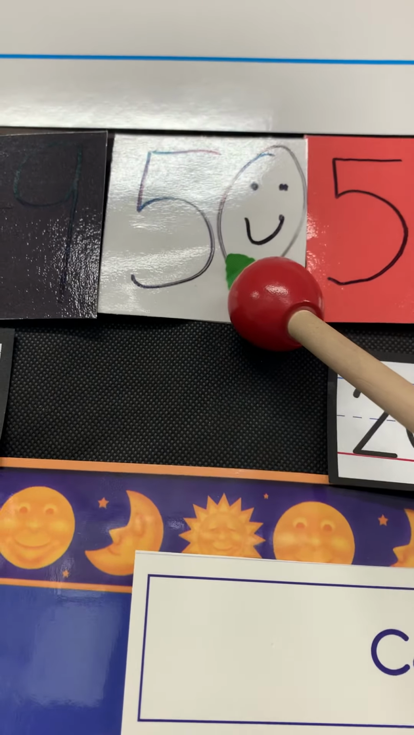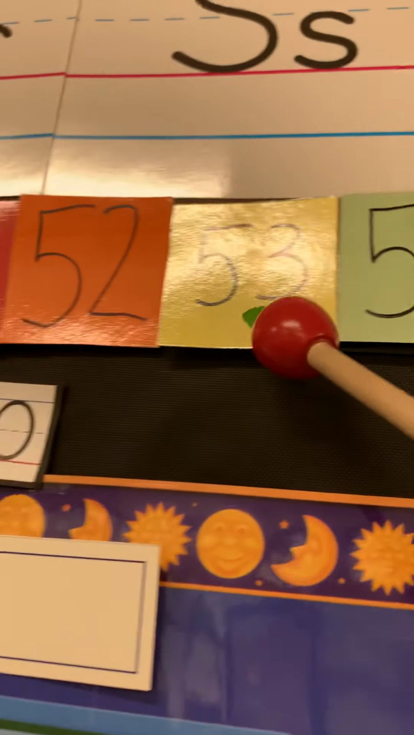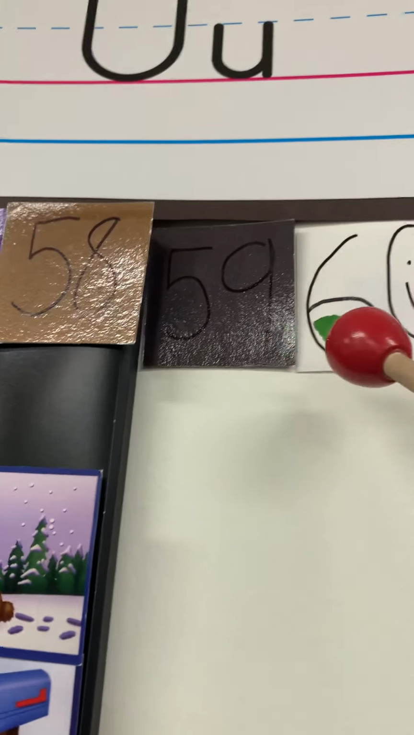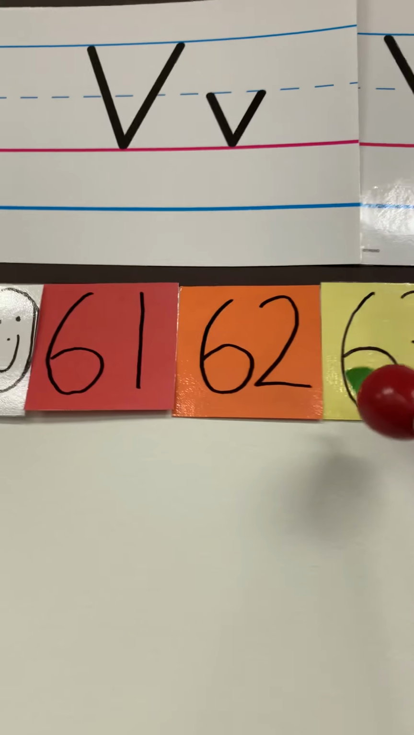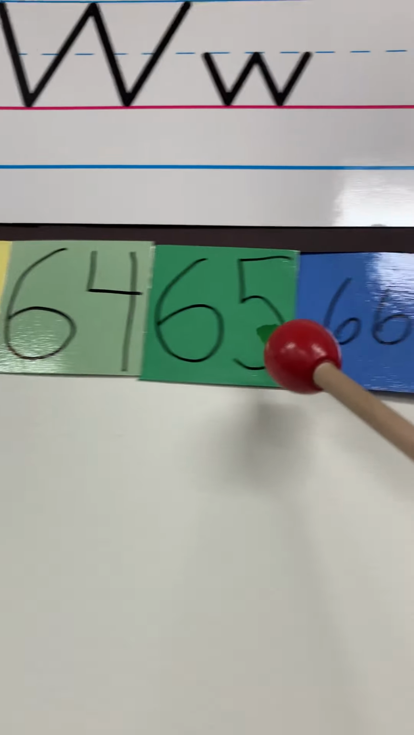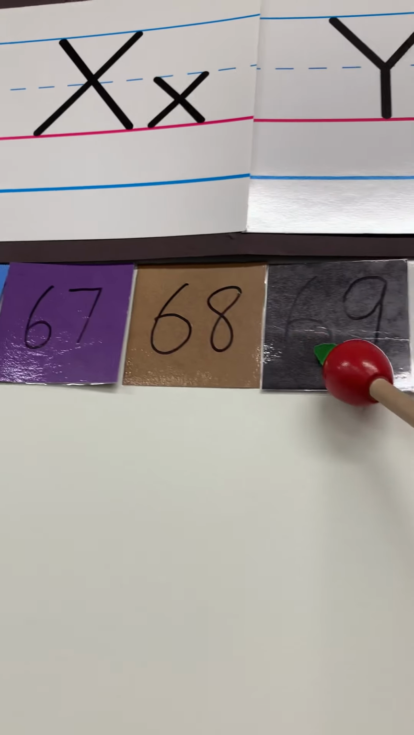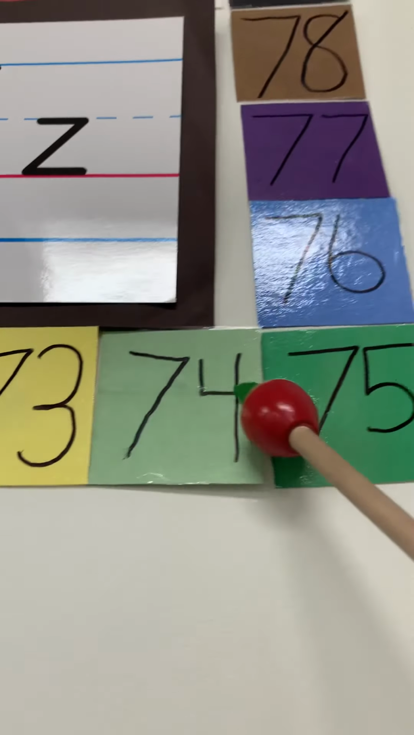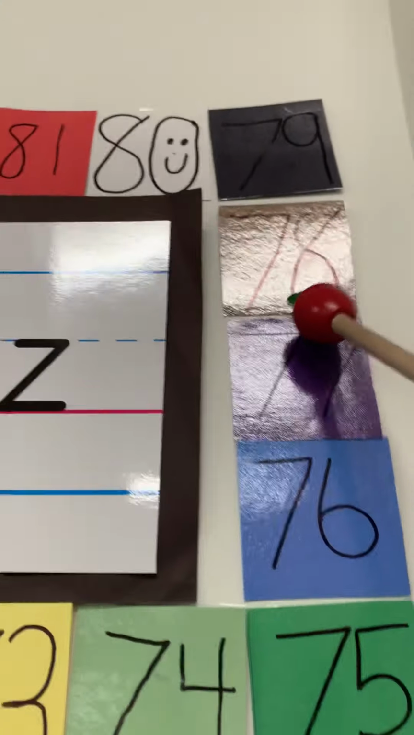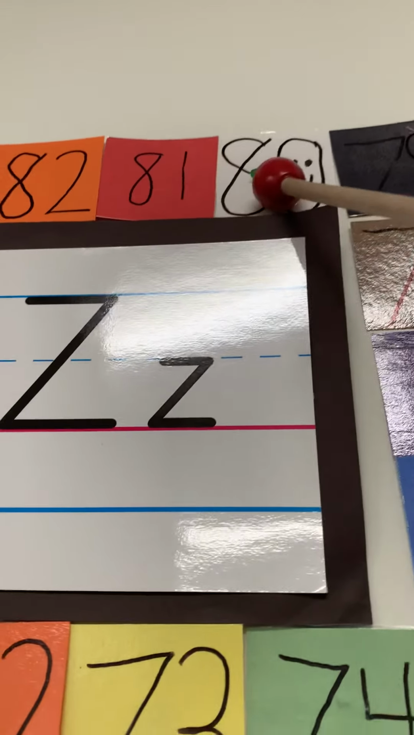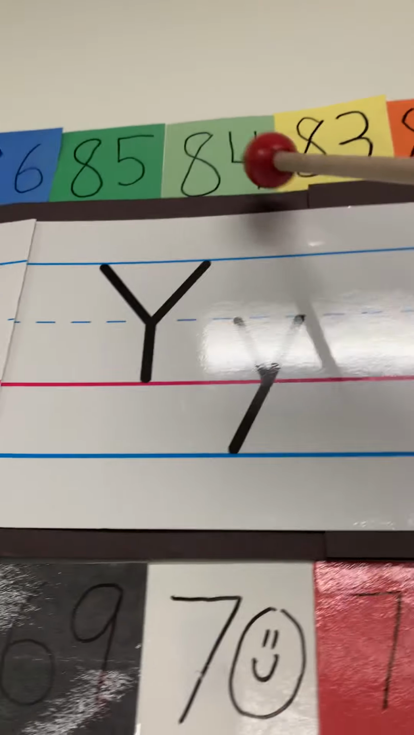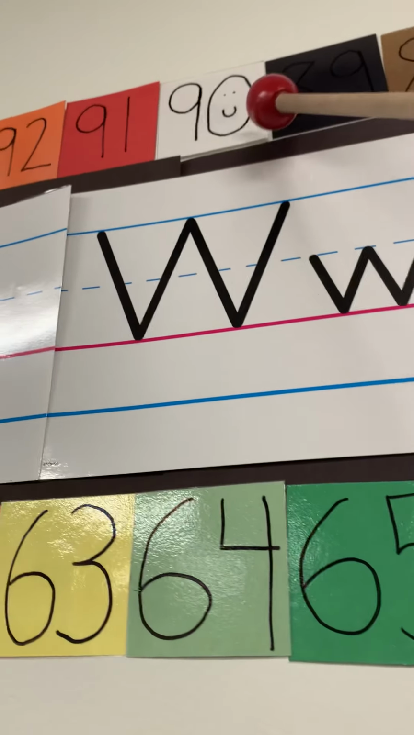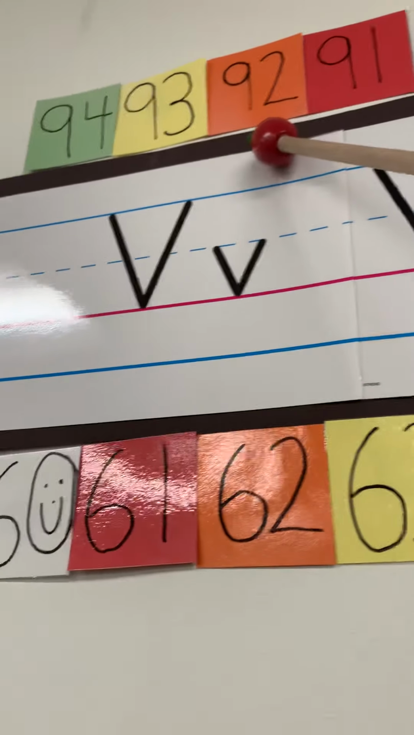We're almost there. Ready? Halfway. 51, 52, 53, 54, 55, 56, 57, 58, 59, 60, 61, 62, 63, 64, 65, 66, 67, 68, 69, 70, 71, 72, 73, 74, 75, 76, 77, 78, 79, 80, 81, 82, 83, 84, 85, 86, 87, 88, 89, 90, 91, 92, 93,